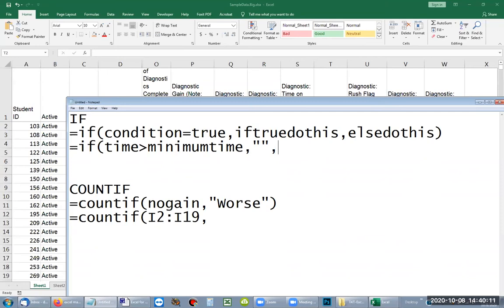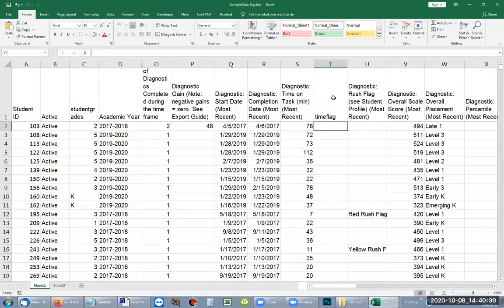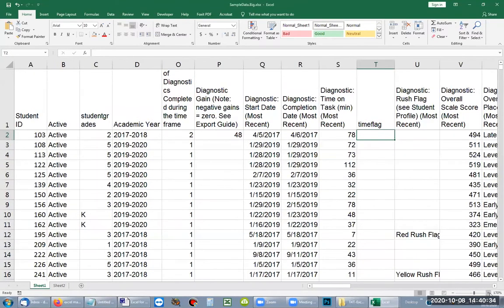But if it's not true, if the time is not greater than the minimum, then I want to put in some kind of an indicator to say that kid's been flagged for not being over the minimum required time. Okay, so let's see how this works here. And let me blow that up just a hair more. So I'm going to say if